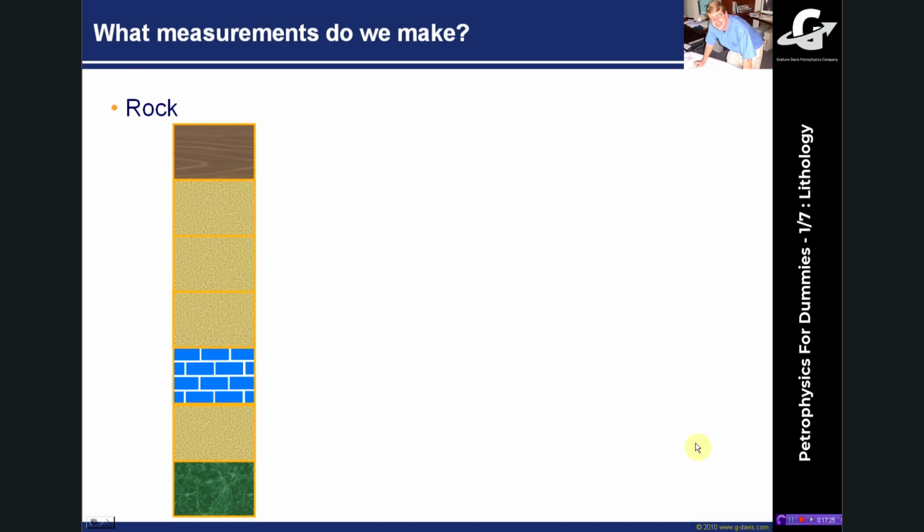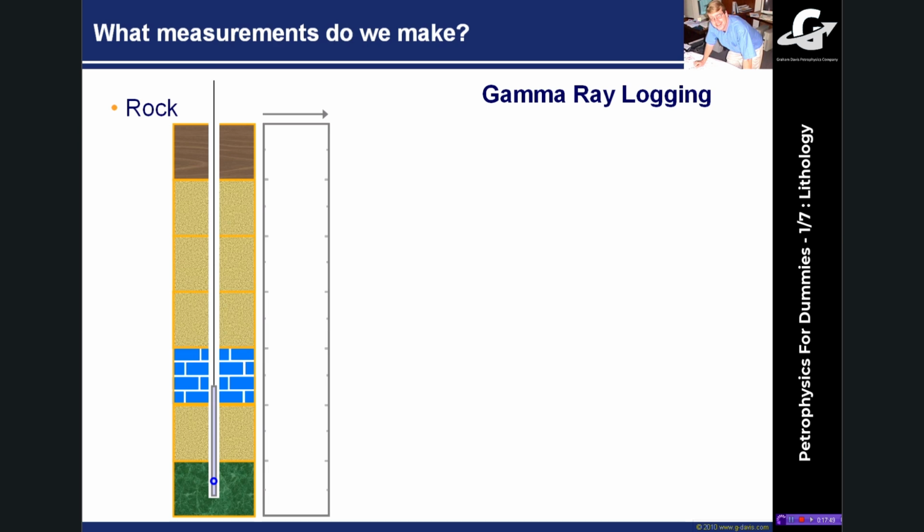So getting back to the first element of the things we need to know in our petrophysical world, we need to understand the rock type. So in addition to coring, what we can do is drill wells into our reservoir. And here is a well going down into our stack of rock, and we need to make a measurement. These are those tools that I showed you right at the beginning. Put these tools into our reservoir and make some measurements, and from those measurements we can determine what rock types